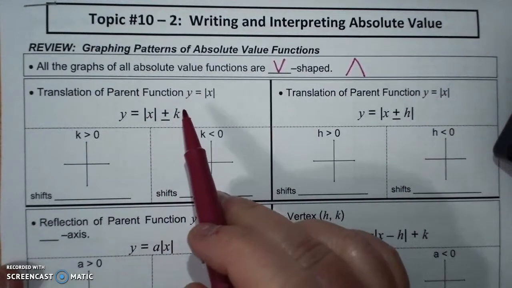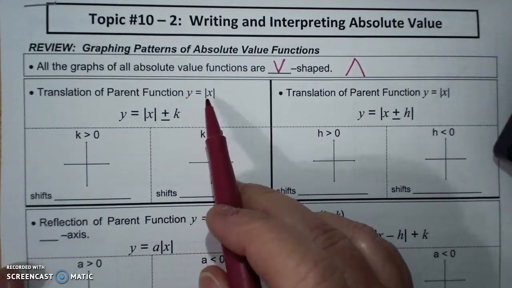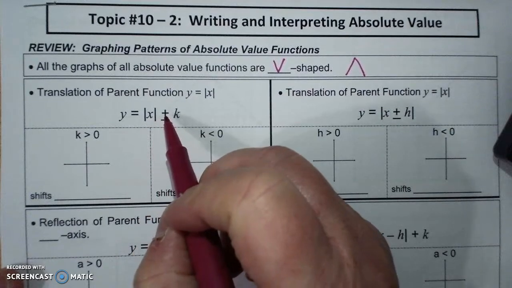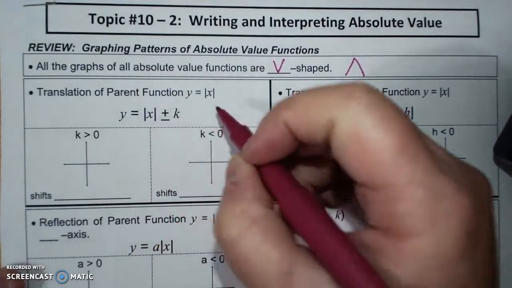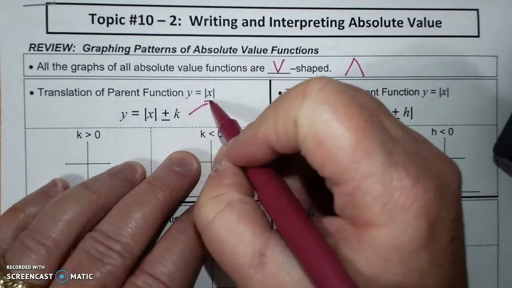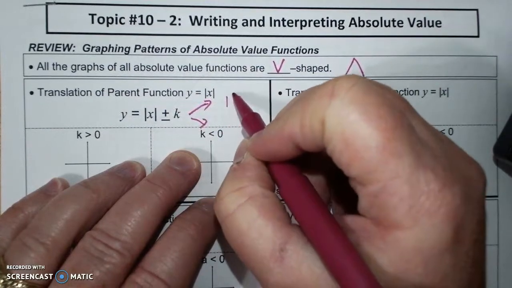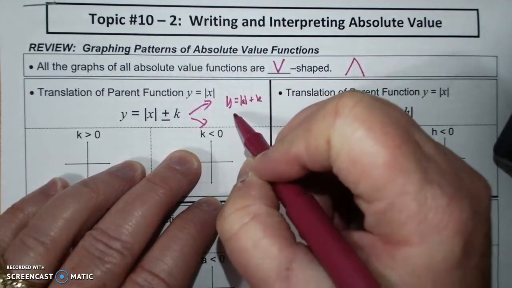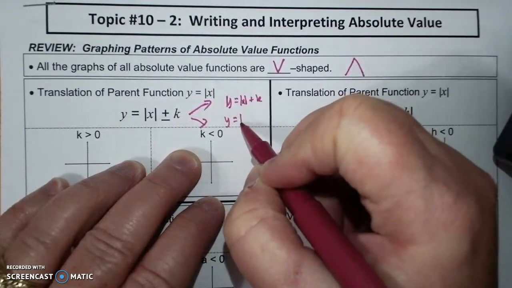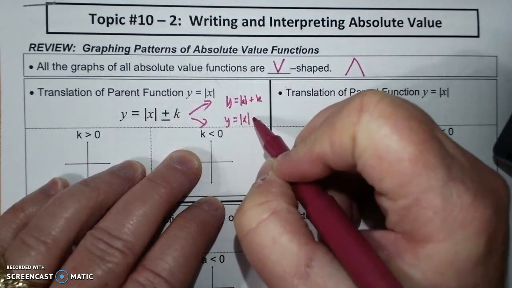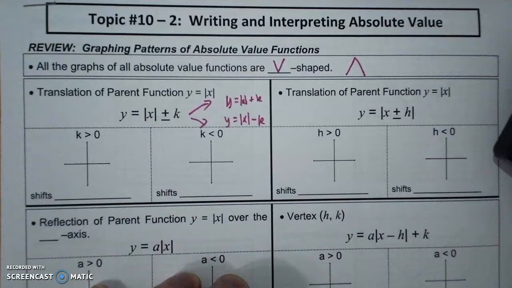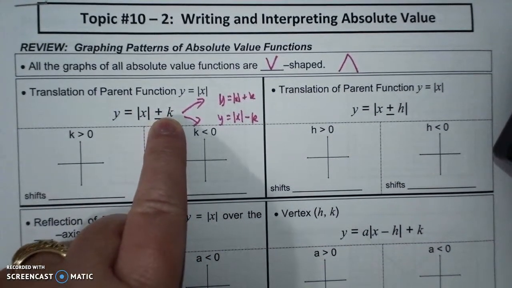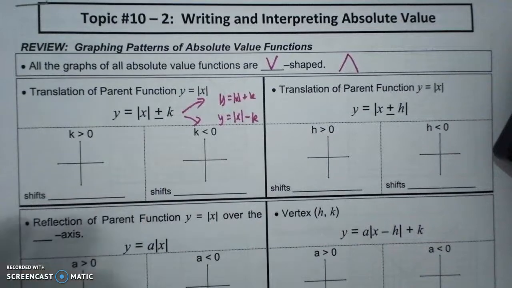Translation of the parent function y equals absolute value of x: if I have y equals the absolute value of x plus k, or y equals the absolute value of x minus k, and k is outside of the absolute value, it